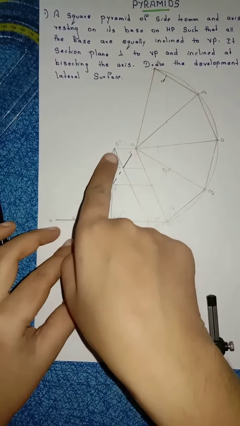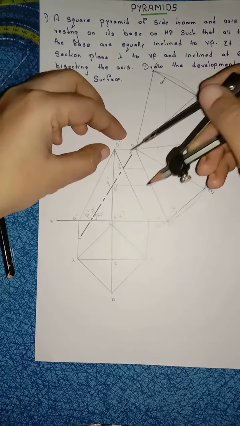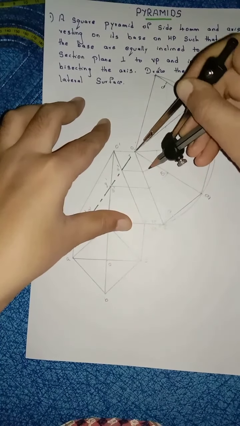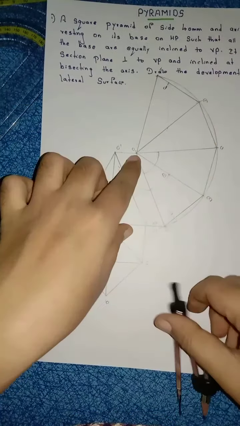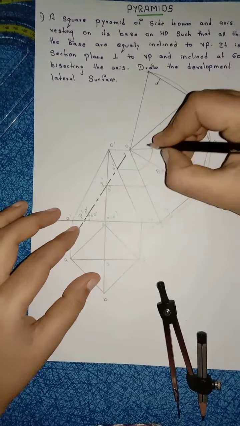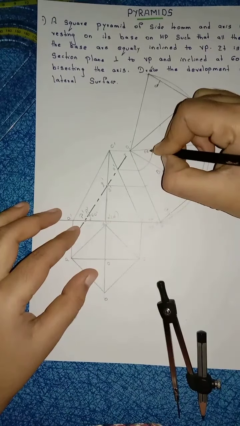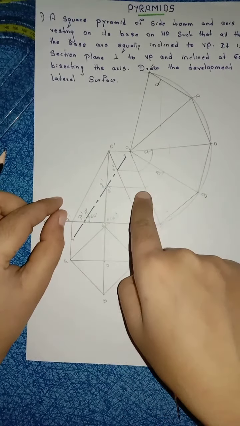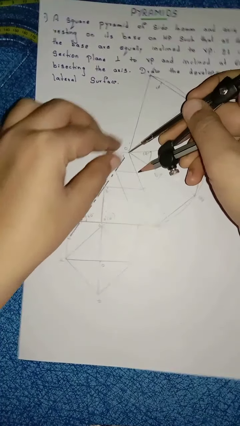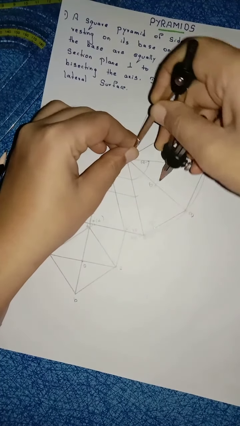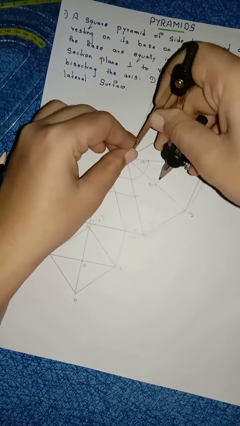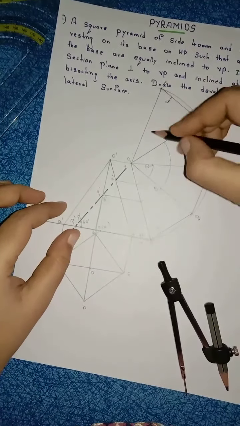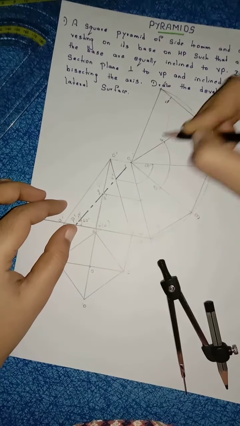Then next R is in between OC. Right? Place your compass here, O1 as center, O1 and this as radius. Just draw an arc. C. In between O and C, you should mark the point here, R. S is in between OD. Anyway, this is the projectional line from S, no? So, O1 to take this distance, draw an arc. Draw an arc in between O and D. In between O and D, name this point as here S.